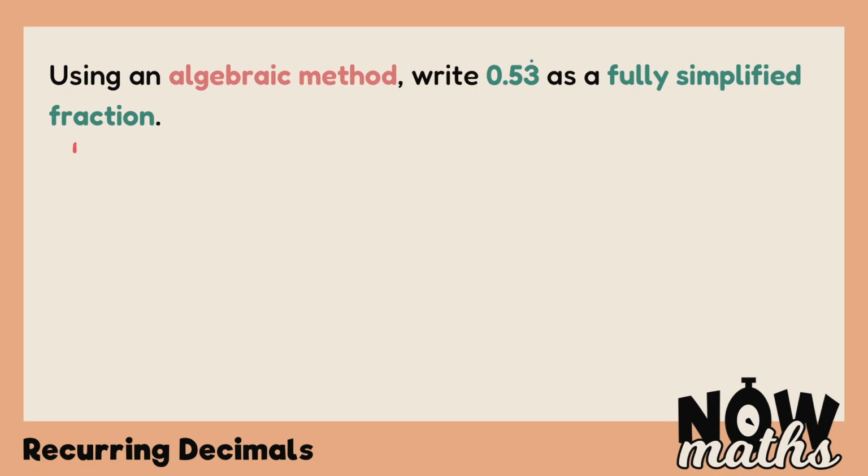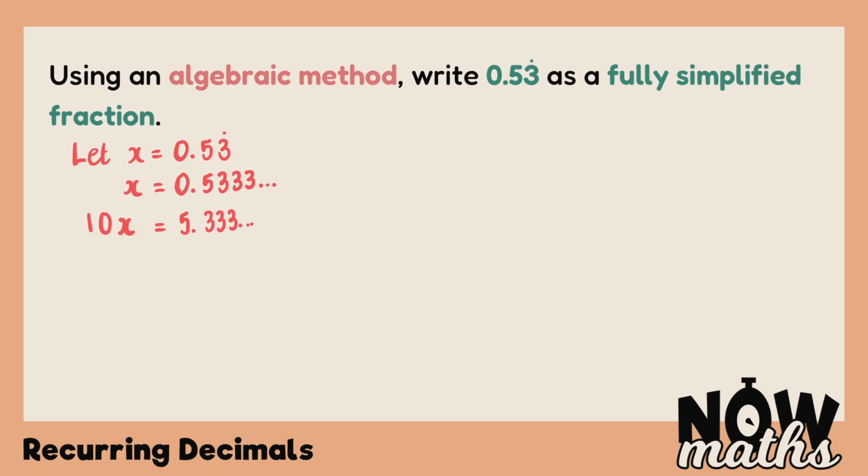So we'll start off by letting x equal 0.53 recurring. And if we were to write this out a little more fully, we could write this as x equals 0.5333 and so on. Now our aim is to find two decimals which match completely after the decimal point. So let's start by multiplying this by 10. So x multiplied by 10 is 10x, and if we multiply the decimal by 10, the digits shift over to the left to give us